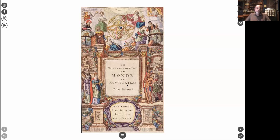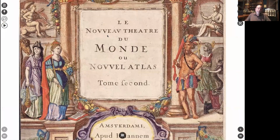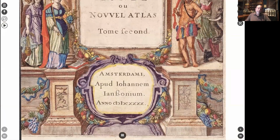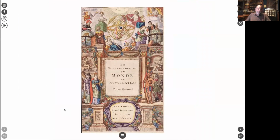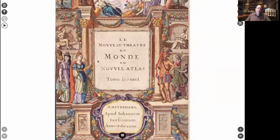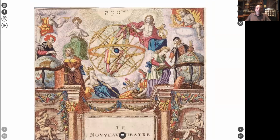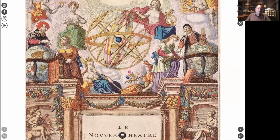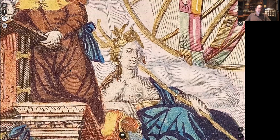And as you can see, the second volume of his atlas of that year. So we've got the plaque in the middle with the title, and at the bottom, his name and where it was published in Amsterdam and the date. And as you can see, there's a lot going on in this title page. And I'll magnify this. You can magnify these just like I'm doing on your own. And they're very high resolution images, so you can go way magnified and you're not going to lose any significant